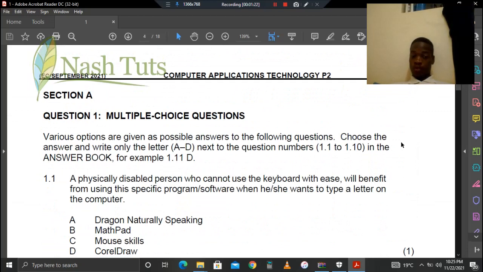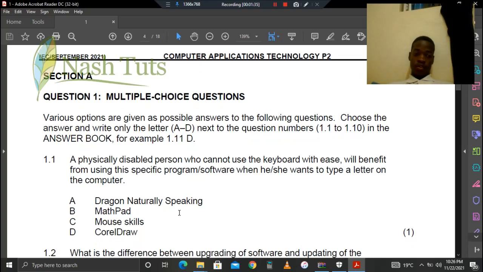So this is the question paper. I'm going to be more or less looking at each chapter and sort of categorizing it and giving you an overview of each of the topics. Okay, now let's begin. Going to the first question,